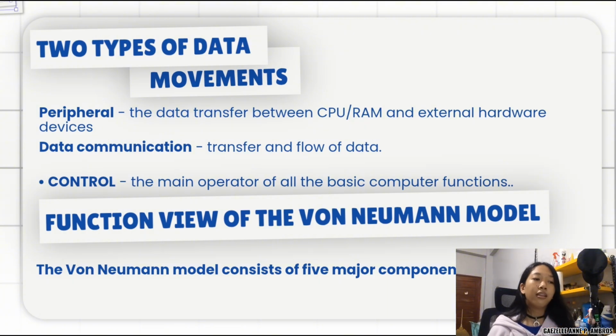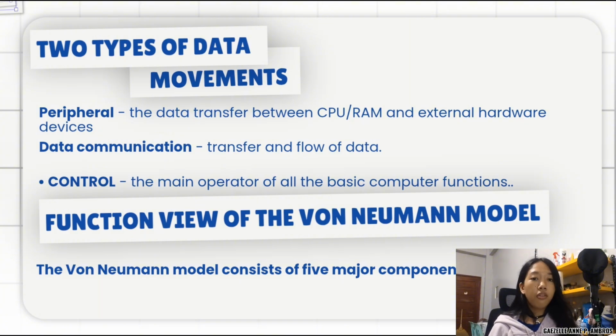And of course, last but not the least, we also have control under the basic computer functions, which is the main operator of all the basic computer functions. So control is the one that ensures that every single one of the basic computer functions does what it is supposed to do. So now we move on to the function view of the von Neumann model, which is a